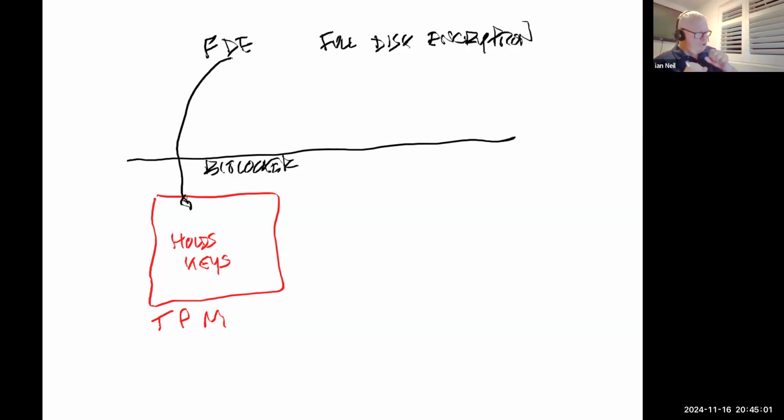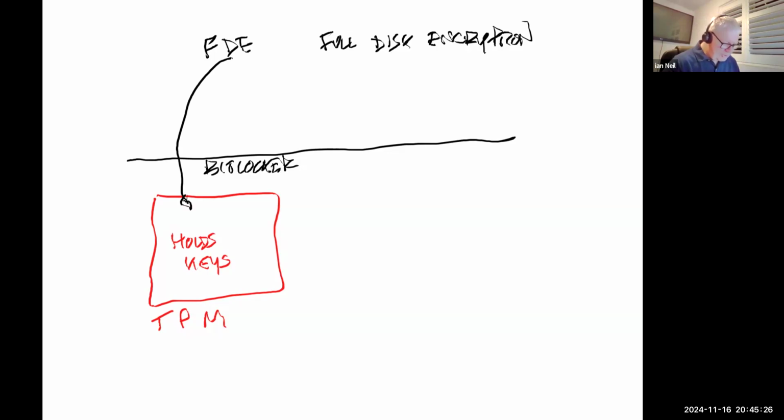Now, when you reboot your machine, it does a measured boot. And if the TPM chip thinks it's been tampered with, it's going to actually get you to go for recovery. But one thing that's in the exam at the moment is if I want to save my data at rest, I need a TPM chip.